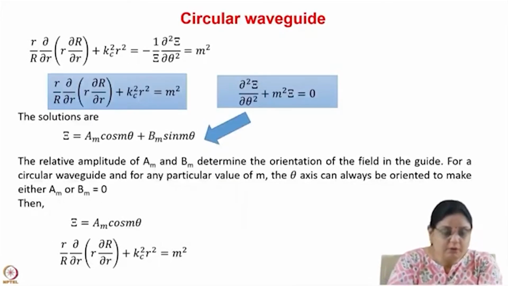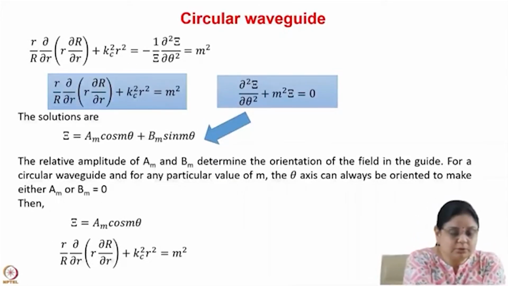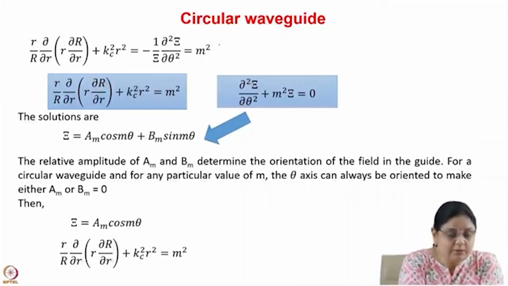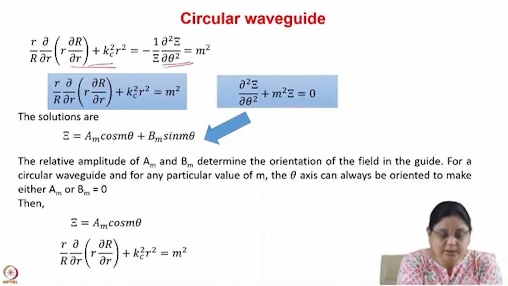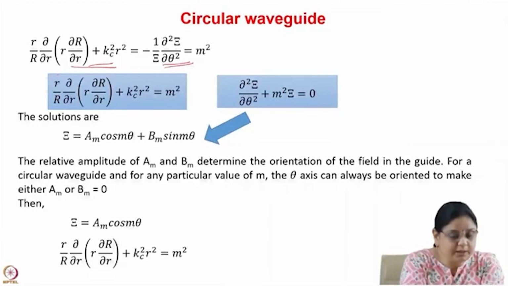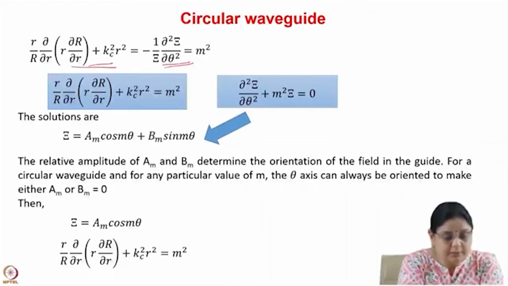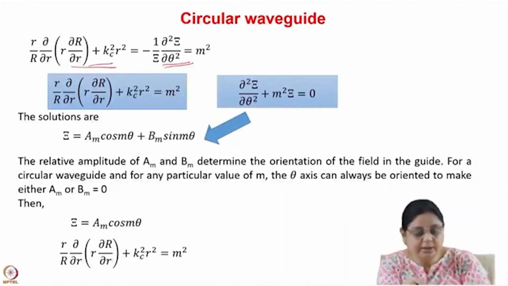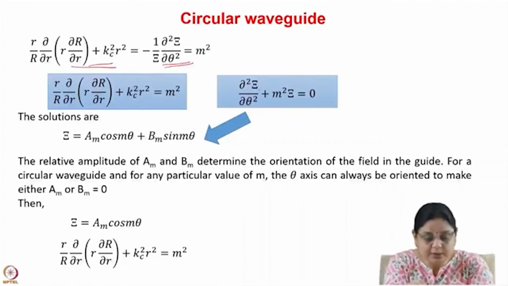So here we have kept it equal to m square. So now you get two equations. One is the radial equation and one is the equation in the theta coordinate. So let's write the equation in the radial coordinate. We get here r by R, del by del r, r del R by del r, plus kc square r square is equal to m square. And in the theta coordinate, we have del 2 capital Theta by del theta square plus m square capital Theta